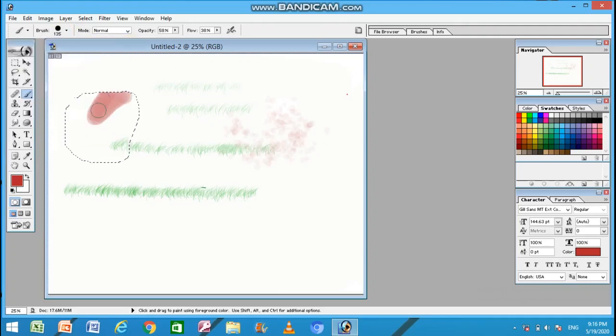Now let us brush. You can see I am doing the brushing process. My brush is moving outside the selected area, but still without any problem I can fill the area with the brush tool.